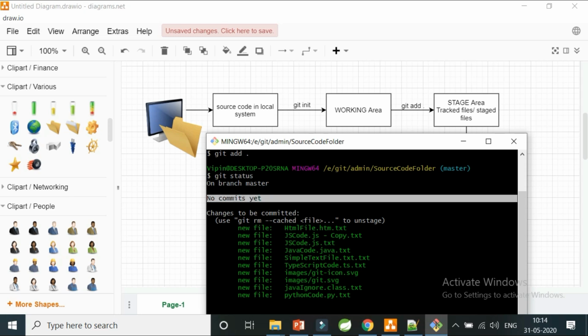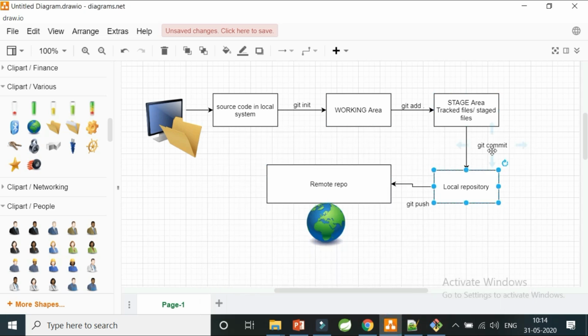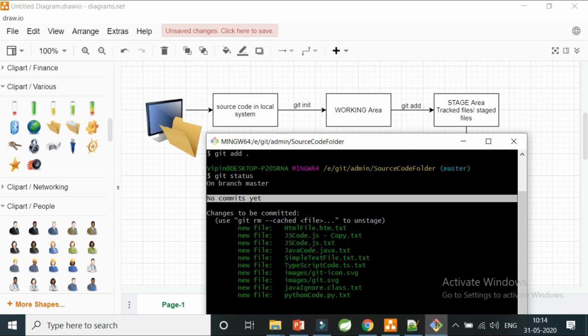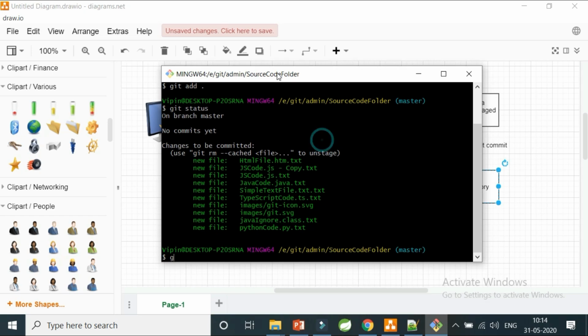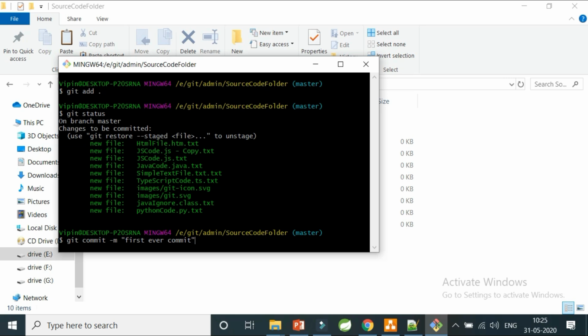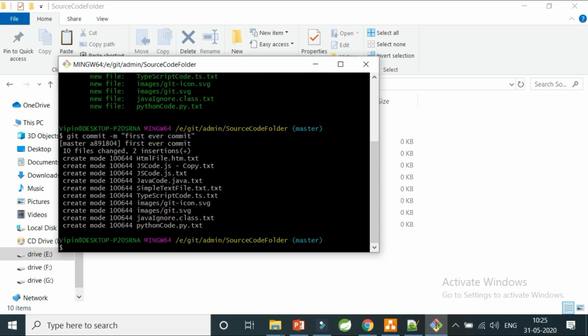So it says I'm on master, I have added to my staged area, but these files are not added to my commit. So what will we do for adding it to commit? I just have to do git commit -m and my message. So I'll write git commit -m and my message as first ever commit. Okay, and now I'm going to press enter.